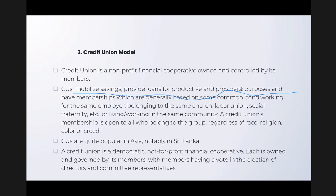So mobilized savings provide loans for productive and provident purposes, and have memberships which are generally based on some common bond: working for the same employer, belonging to the same church, labor union, social fraternity. So there must be some common ground on the basis of which all customers may relate to each other. Maybe all of them are small workers, maybe all of them are farmers, or maybe all of them belong to some particular profession, particular industry. So some common feature binds them together, and they come and form a credit union to help each